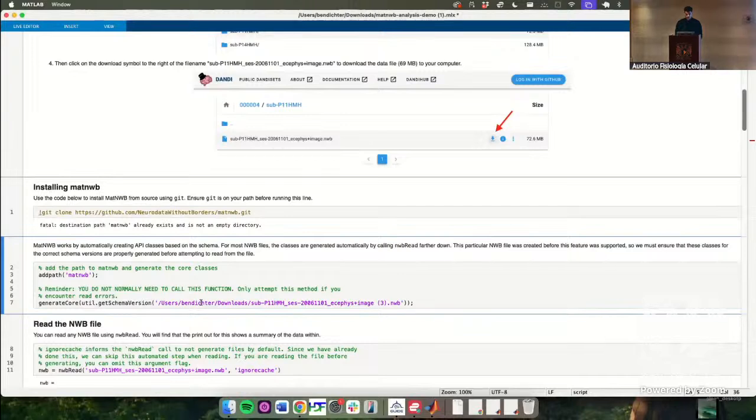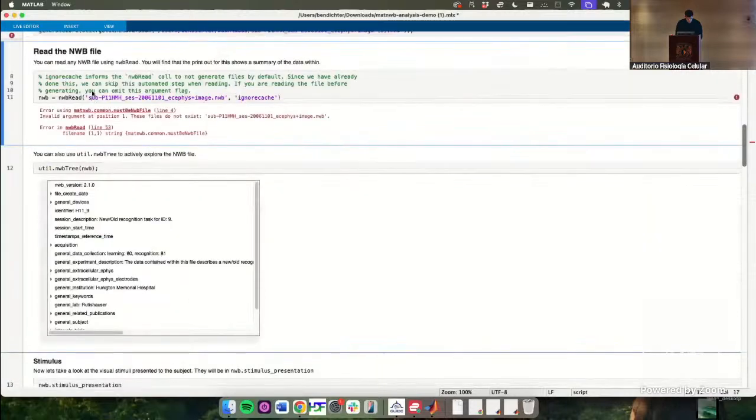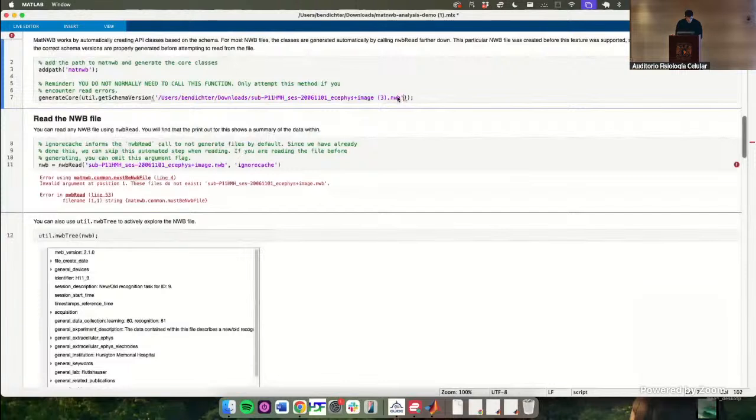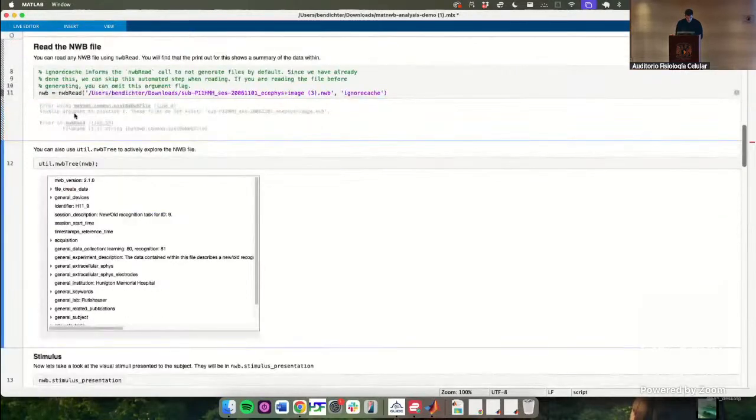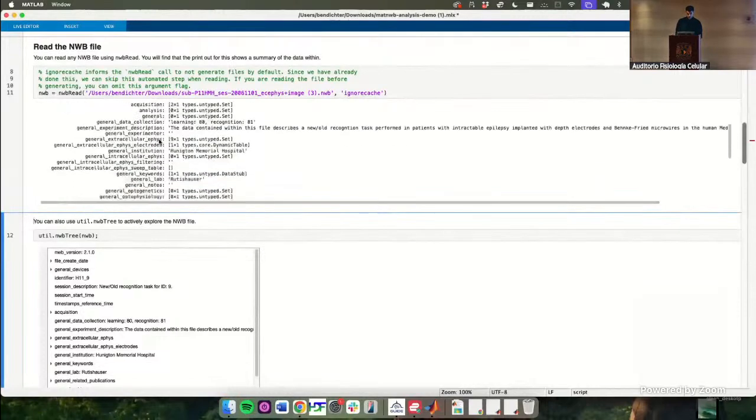Now, that's because the schema evolves over time as we fix certain issues and add certain capabilities. So once you do that, oh wait, let me change this over. The new path. Okay, so this loads up an object that corresponds to the NWB file, and you can see a lot of the fields here,